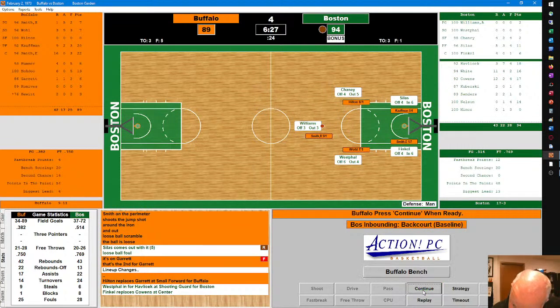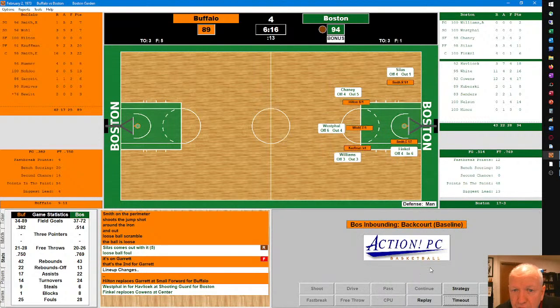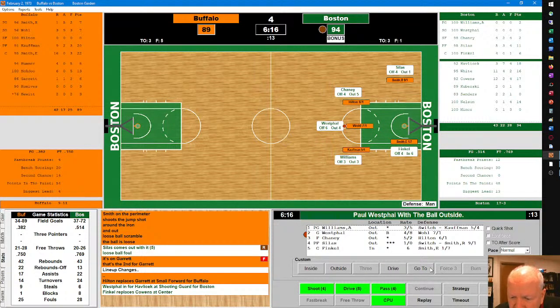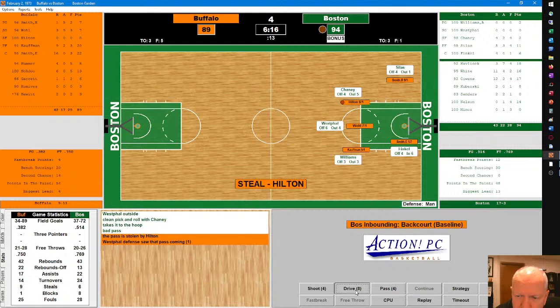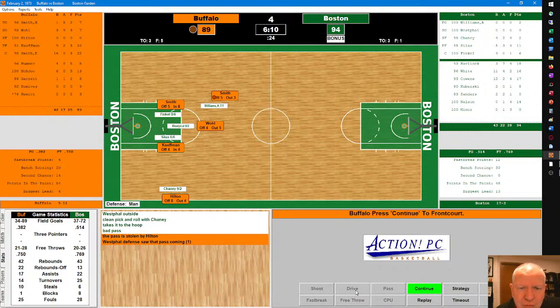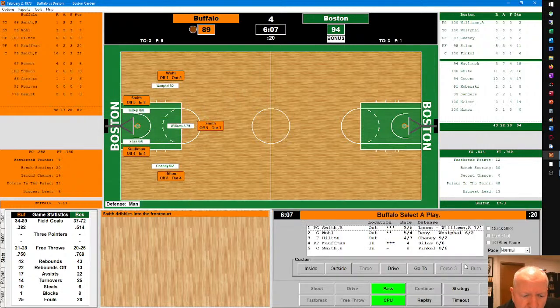Substitutions now on both ends. As Boston has the basketball. Leading by 5, 6:16 to play, quarter number 4. The rookie, Paul Westfall, has it in his hands. Top of the key. Isolated against Wohl. Tries to send a pass over to Cheney, and it's stolen away, taken away by Hilton for the Braves. Rookie mistake by Paul Westfall gives Buffalo another possession and another shot at pulling closer in this fourth quarter.